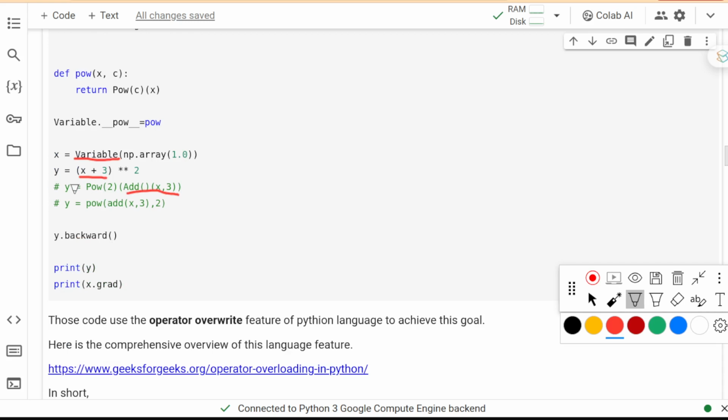So this is the discussion of the syntax sugar, using the operator override function of the Python language to make the code look more beautiful. But actually, this syntax sugar will not change the function at all. No matter whether you write the code this way or this way, it will be the same at runtime.